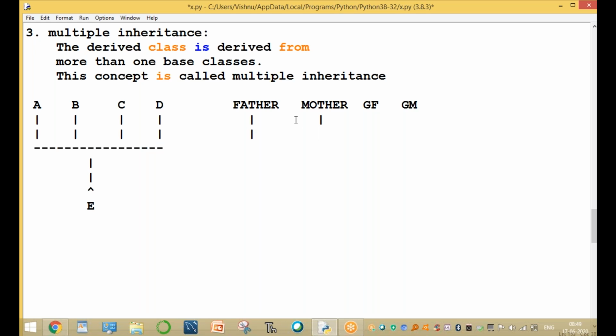There is more than one base class: grandfather, grandmother. The properties are automatically derived by the child.